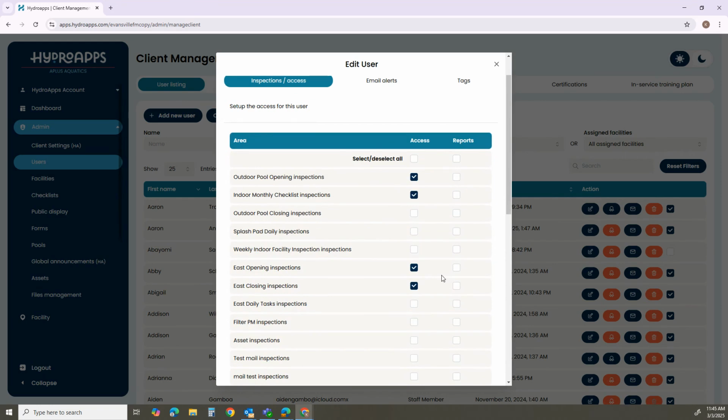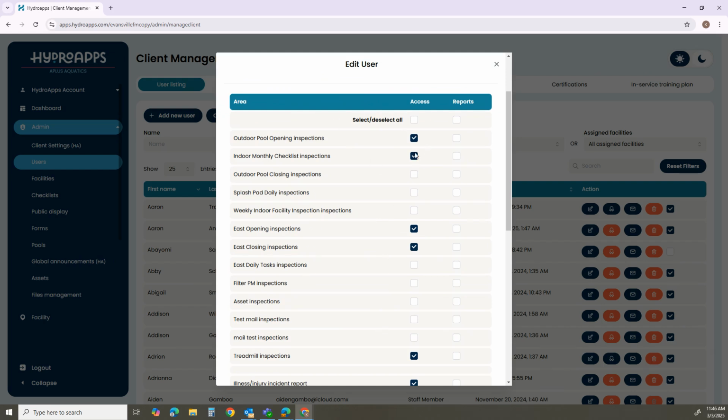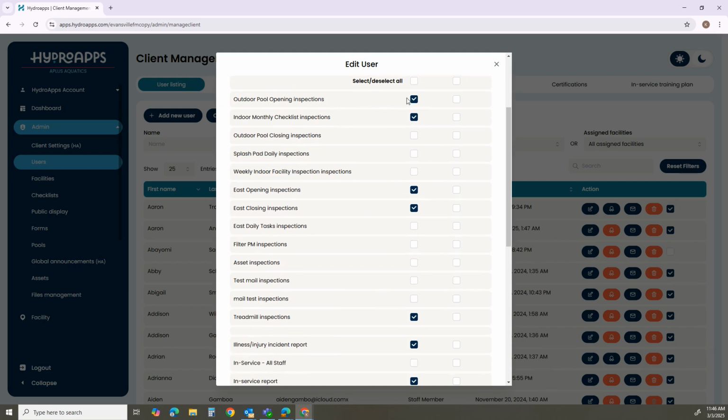This works really well when you're using different types of facility constructs in HydroApps. If you're using aquatics and dry side operations, or if your aquatic operation is really robust and you have different areas that people are supervising or different levels of certification and supervision that you'd like to keep siloed to different areas. You're also able to set up different customized approaches to each user so that you're able to set up